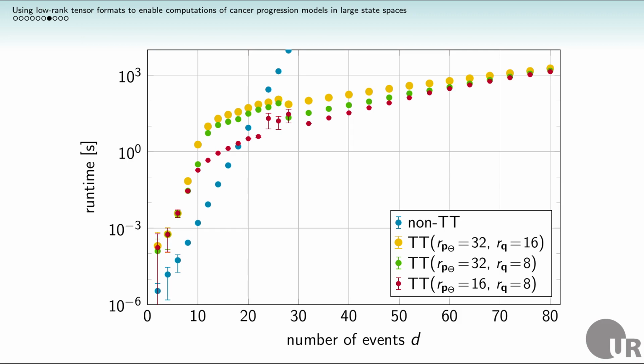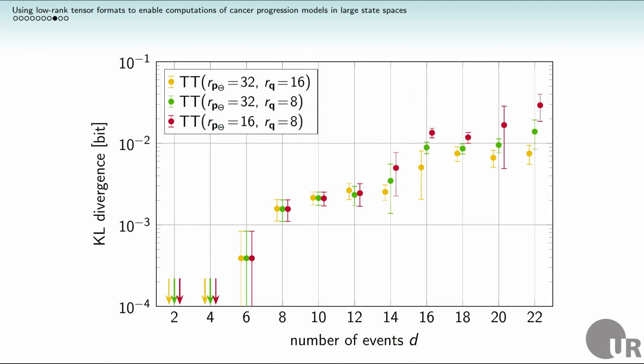Of course, the accuracy of these results has to be assessed as well, since the tensor train format gives only an approximation of the true result. For this, we can look at the Kullback-Leibler divergence from the exact result to the tensor train approximation after a full optimization of the theta matrix. This shows that while the quality of the tensor train solution gets worse with growing event number, even at 22 events, the relative entropy between the two results is still only a tiny fraction of 1 bit. Additionally, we can see that the accuracy of the solution obtained through tensor trains is very well controlled through our choice of the maximum tensor train ranks.